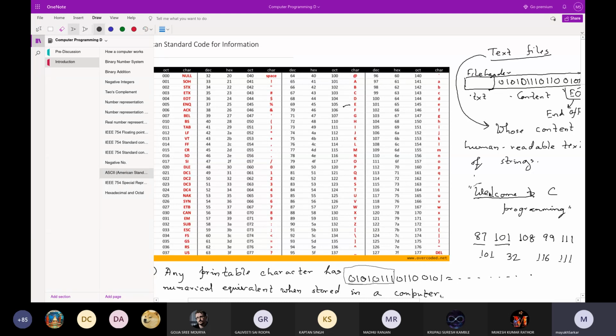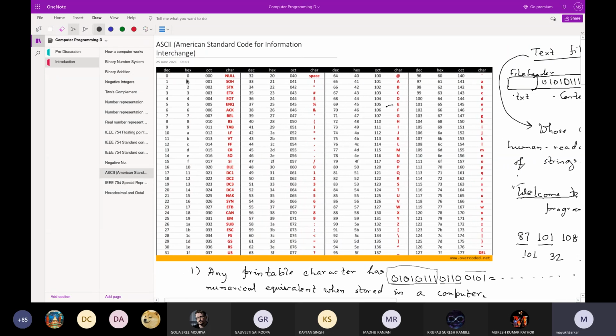Then this small e is 101. 101 is in decimal, but we will always focus on hexadecimal. That is 65. 0110 is 6 and 0101 is 5, and so on. The fact is, whenever you write something in your text file, this binary gets written into that corresponding text file, as I have discussed previously. But always look for hexadecimal. Though our natural tendency is to go for decimal always, if you want to really know what is happening within the computer, always look for the hexadecimal.